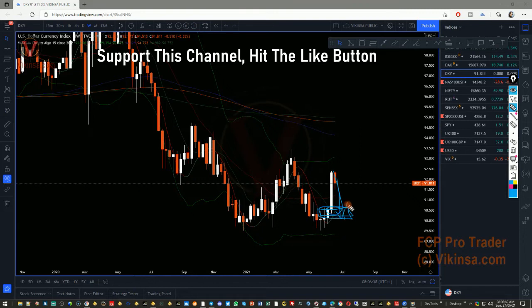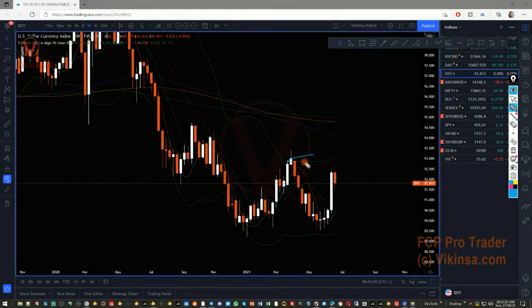Now not all the gaps are closed immediately. Sometimes they take months or years. On Euro USD there was a gap which was closed after 3 years, so you never know whether this is going to get closed this week or this month or next year or when. But you have to be careful with this, so better to put it on your list. Now there is a gap here as well, so the market could be heading into that, and this is what we are expecting. But right now what we can see, that market has created a W pattern here